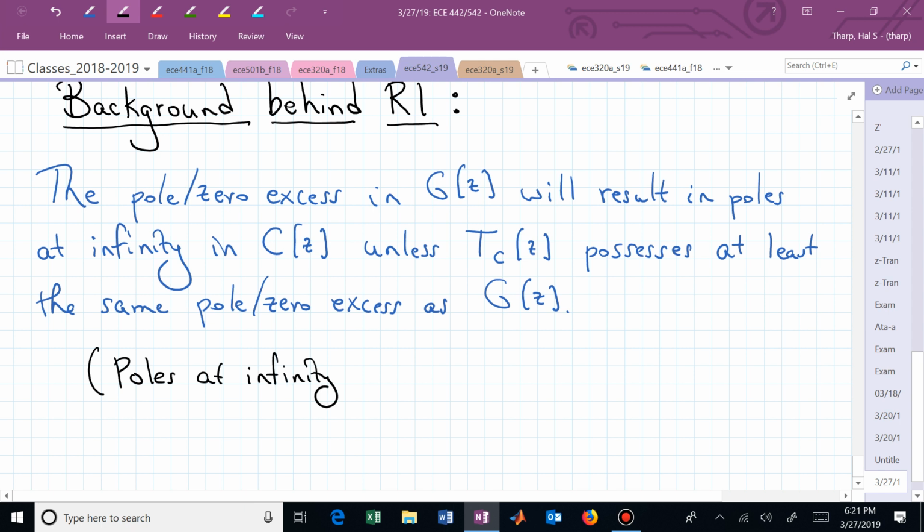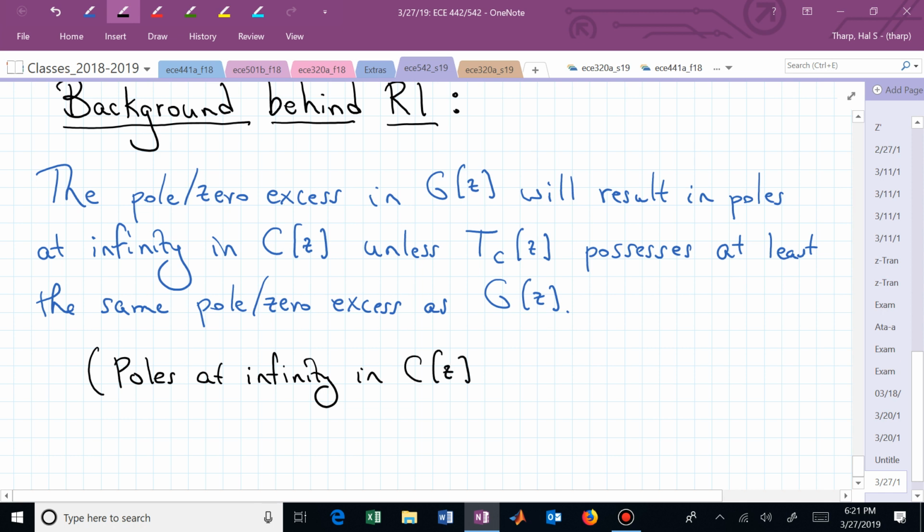What are poles? If you had to describe a pole, what does that correspond to in terms of your transfer function's behavior? What happens at a pole? Your transfer function goes unbounded, doesn't it? Now, if we have poles at infinity